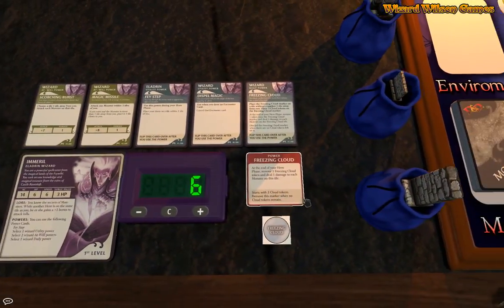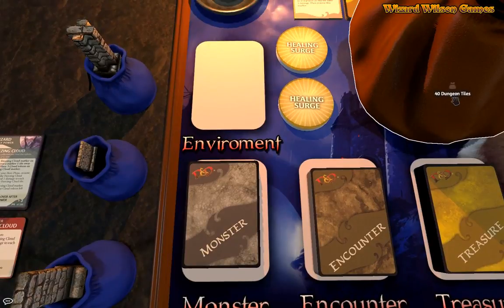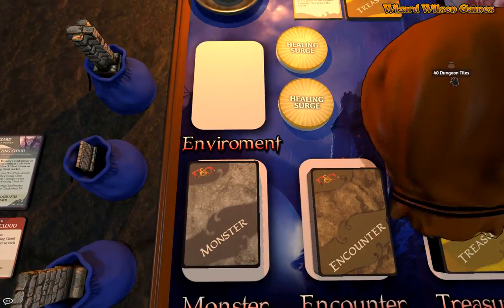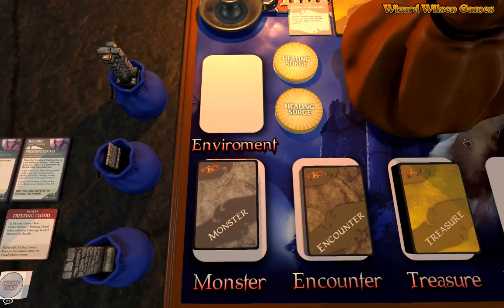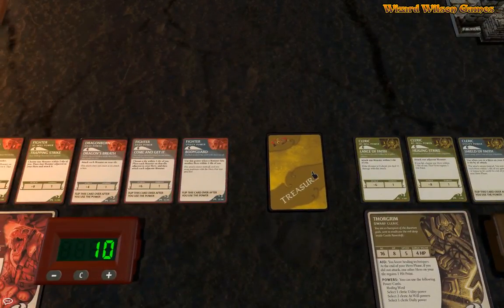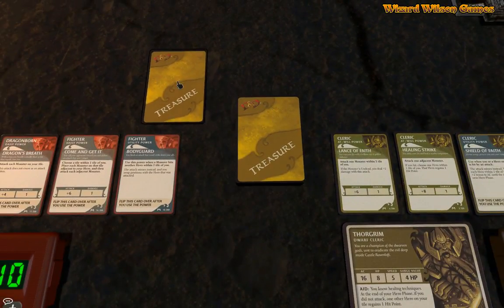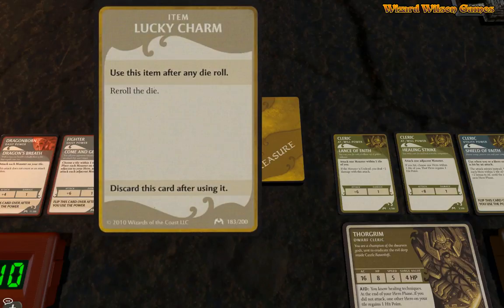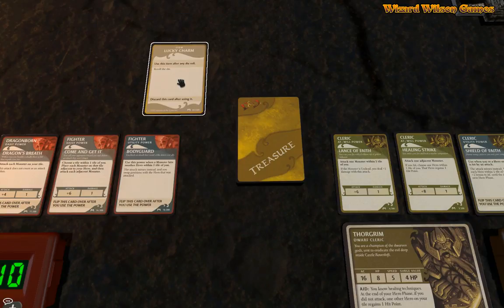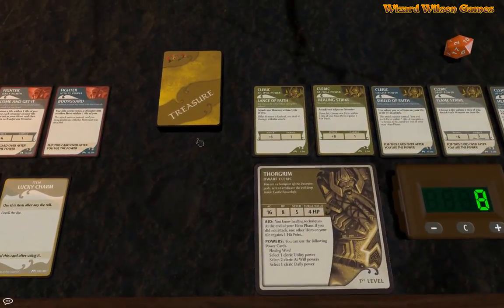So let's now shuffle all the cards and the tiles. And let's grab our treasures, items rather. Let's see what we're going to end with. There we go, that's our first one. So this is for Arjan, he gets Lucky Charm, re-roll the die. Let's put that here. Now for Thorgrim,